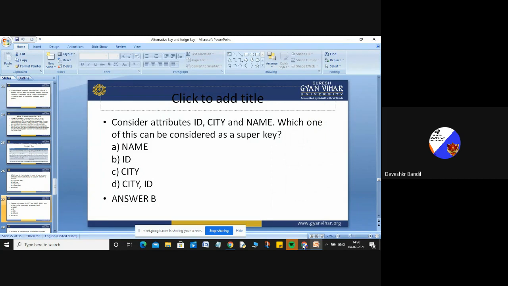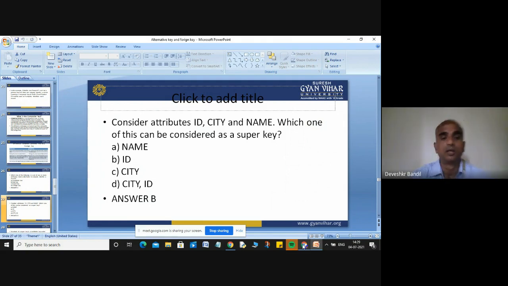Through the name you can't identify a single record, a single tuple. Through the ID you can identify a record. Through the city you can't identify a single record, and through the city and ID you can identify a single record. So your answer will be ID, that is B.